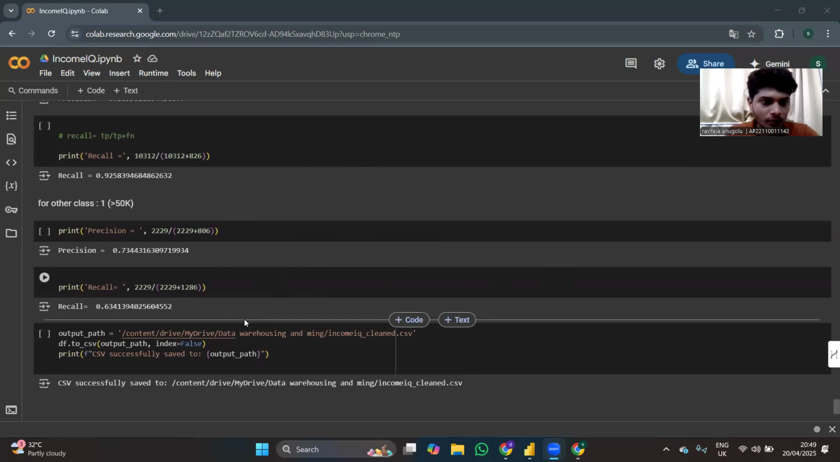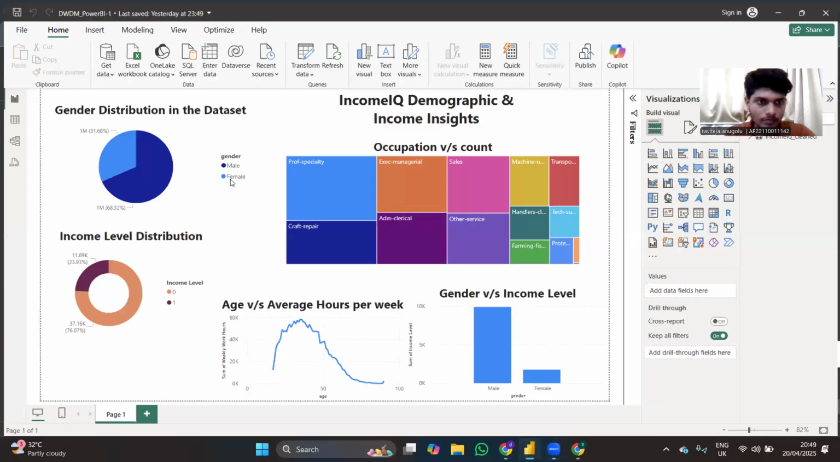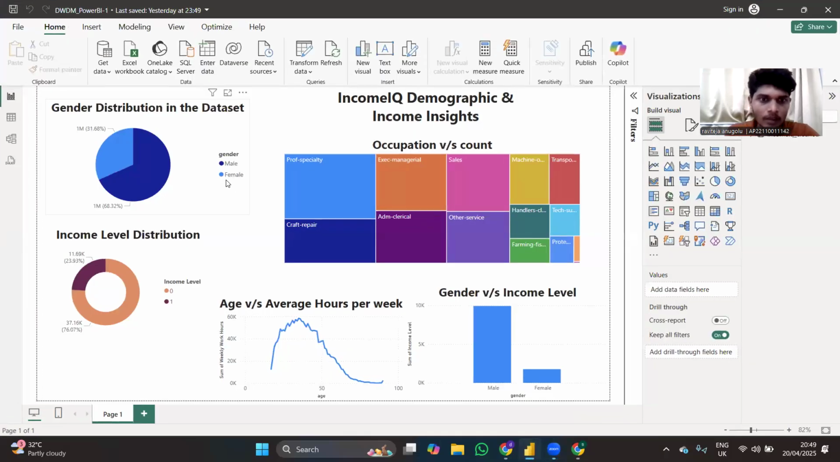Now let's see the visual representations of this by using Power BI. This is a dynamic data visualization dashboard built with Power BI to reveal key demographic and income patterns from a real-world income dataset. In this walkthrough, we will explore multiple visualizations that help us uncover powerful insights about people's age, income, gender,